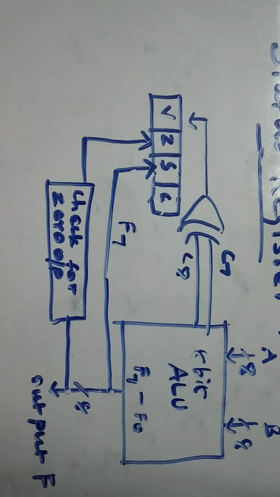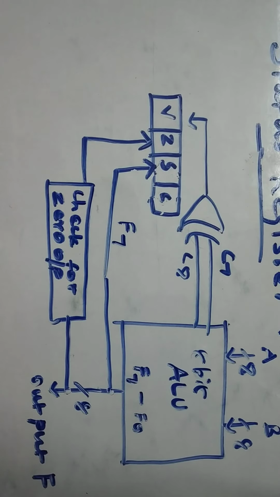Normally, in decimal values, we need to represent the sign: a plus sign is indicated for a positive number, and a minus sign for a negative number. But in the binary language, we can include only 0 and 1 for representing any format. So to represent the sign value, we take one bit, the first bit of the operand, that is the leftmost bit. If the value of the leftmost bit is 0, it is considered a positive number. If the value of the sign bit is 1, it is considered a negative number. So it is very simple.